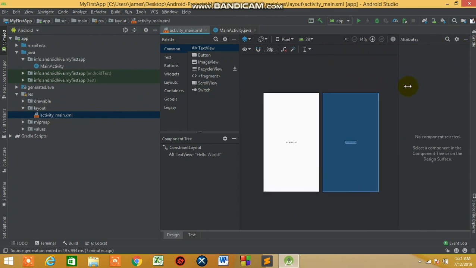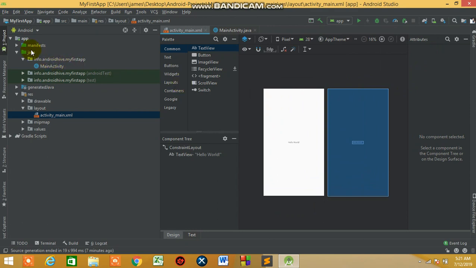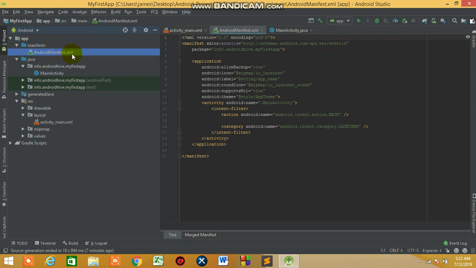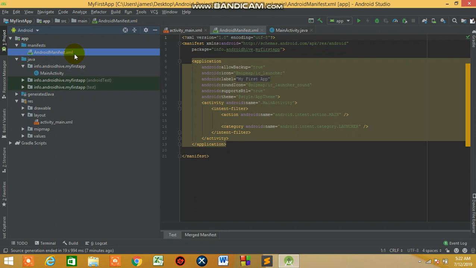And the Android manifest, which is over here, describes the fundamental characteristics of the app and defines each of its components. And the Gradle build, which is over here, Gradle scripts, you'll see two files with the name build.gradle, one for the project and one for the module. Each module has its own build.gradle, but this project currently has just one module. You'll mostly work with the module's build.gradle file to configure how the Gradle tools compile and build your app. For more information about this file, you can go to developer.android.com and you can find this same